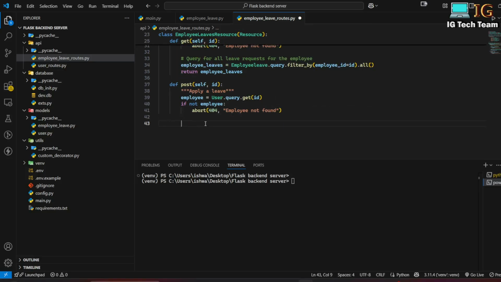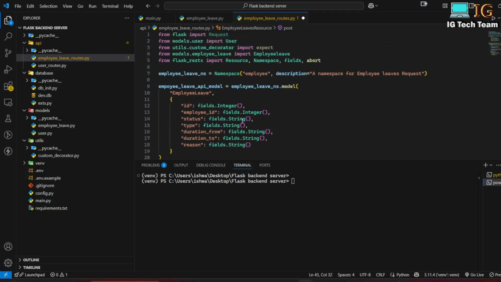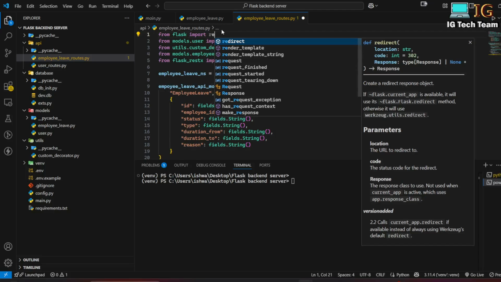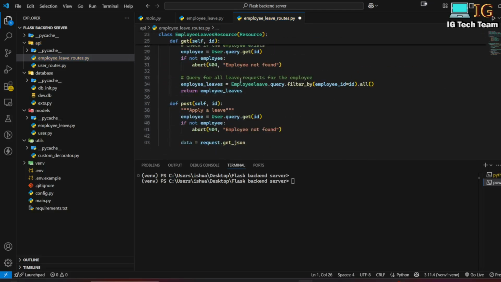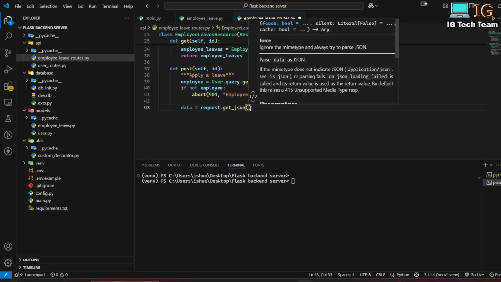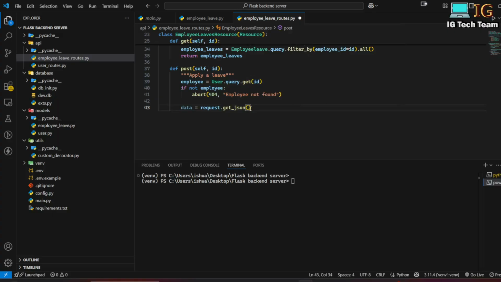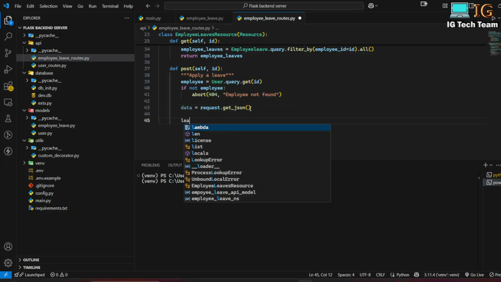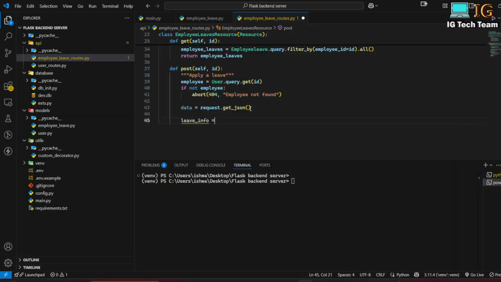and if the employee is found, I have to take a request from the user. So I can write data equals request.get_json, and here this will be request. Okay, request.get_json. And now I'm going to create leave info